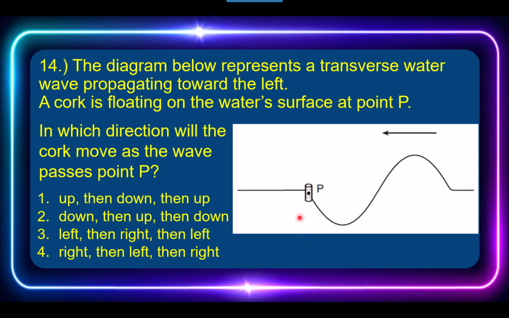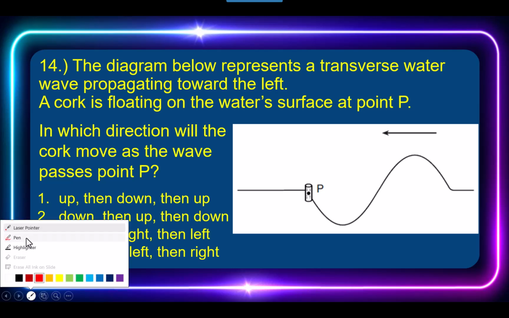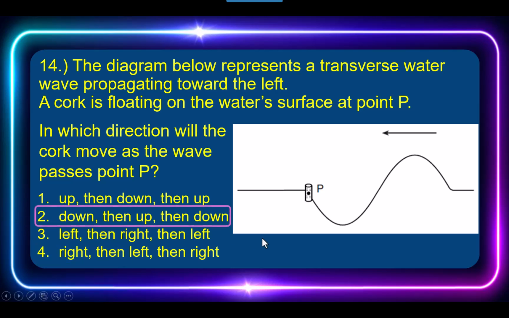All right, let's take a look at this. Here is our cork. Point P is on the cork, and the wave is traveling in this direction. That means the cork will first go down, and then it'll go up, and then it'll go down again. So if you selected number 2, down, then up, then down, then you got it correct, and you earned 15